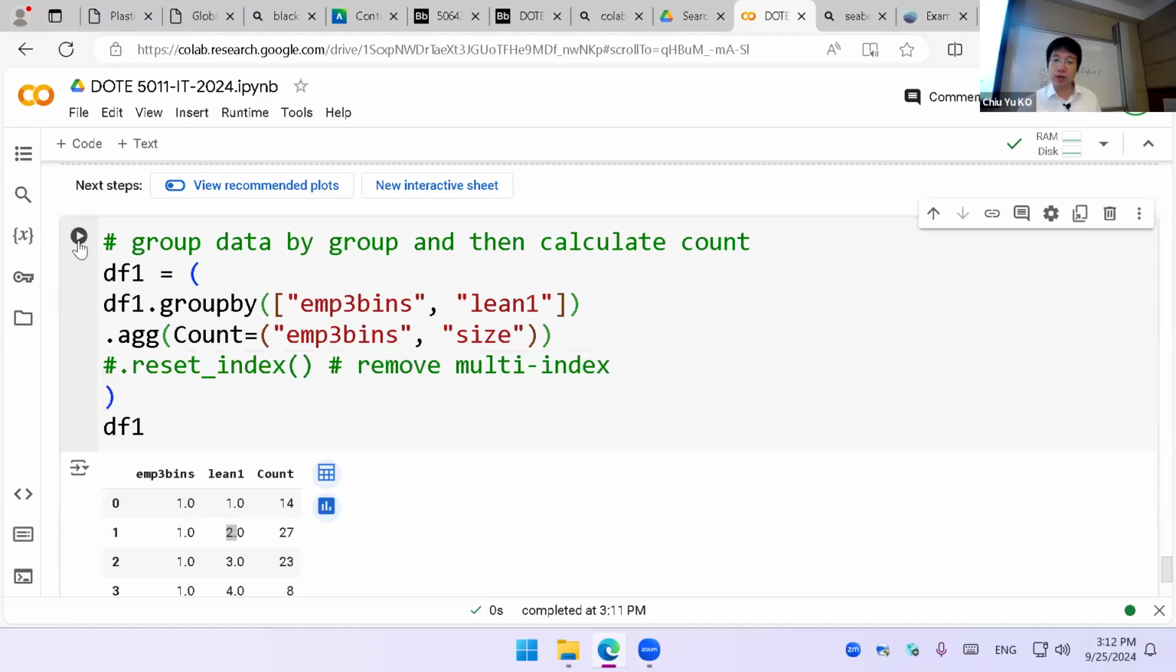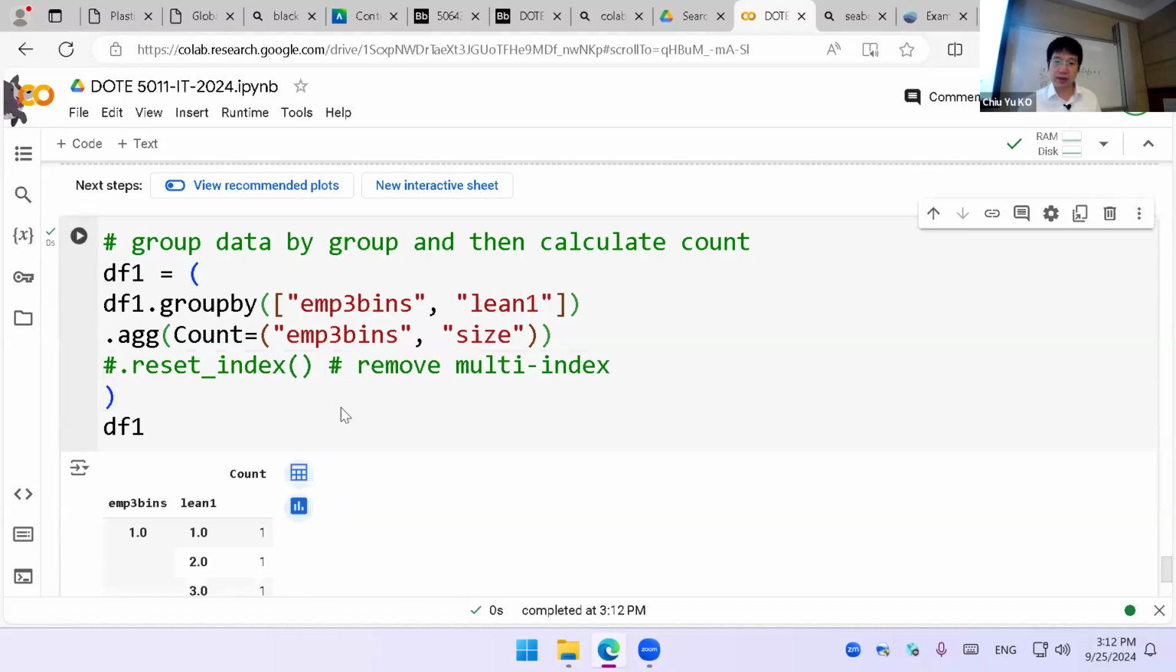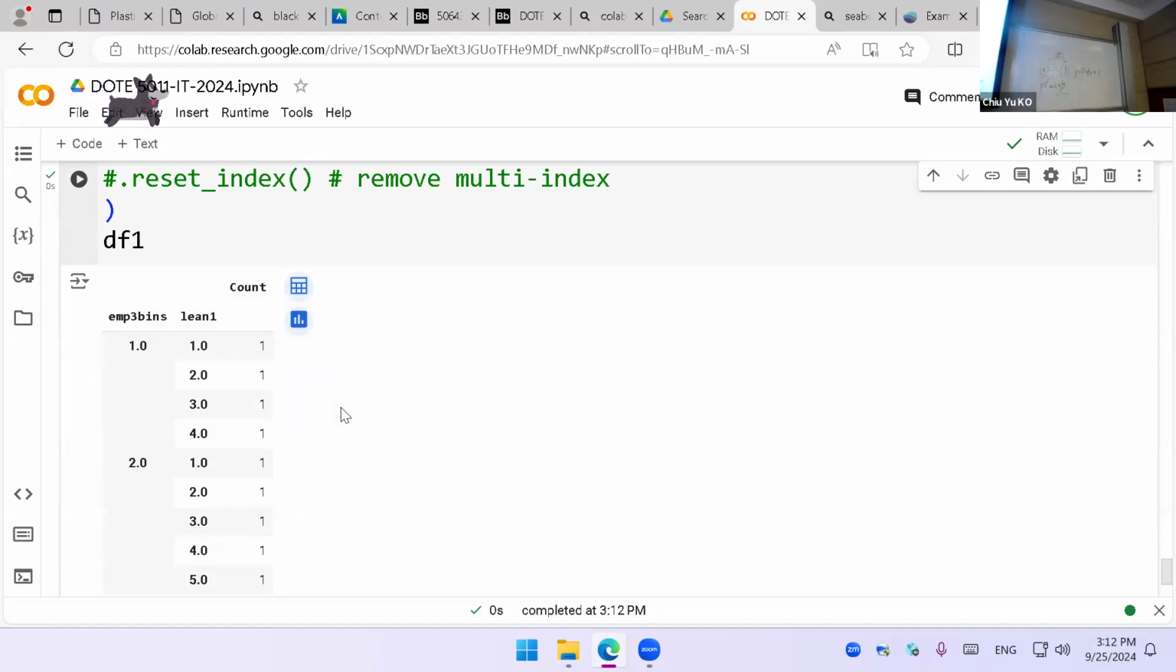run it again. You have a multi-index like this, okay? It's like this and this, and looks very weird, okay? So that's why